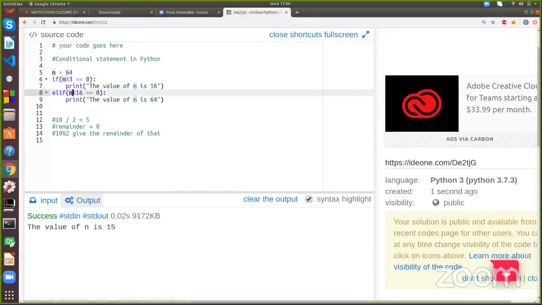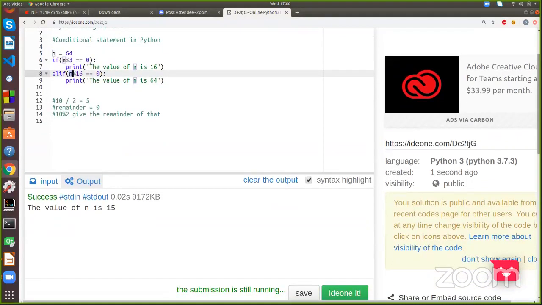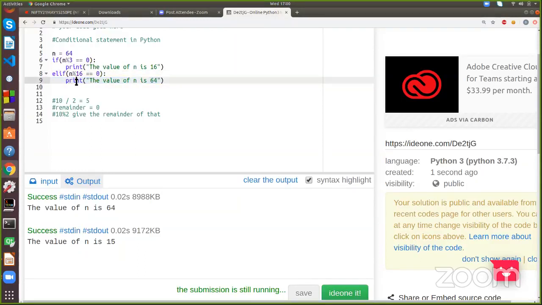How are you guys performing the division? It's a simple division. Okay, see here. 64 divided by 16, the remainder is 0. So this condition becomes true. And so we got the output, the value of n is 64.